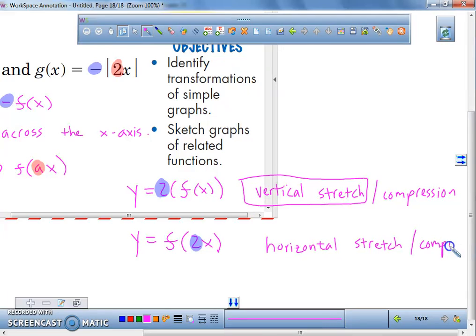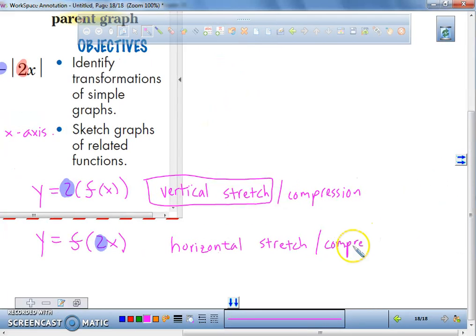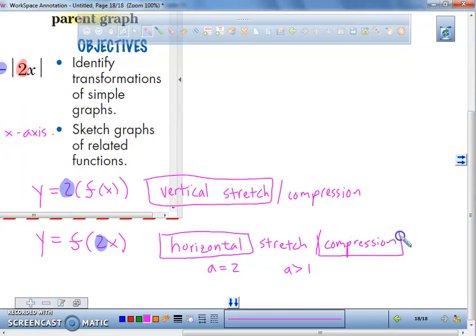In this one, the a value is equal to 2. If a is greater than 1, this is actually going to be what's known as a horizontal compression. Because if you multiply everything by 2, all those points are going to be moving away from the x-axis,